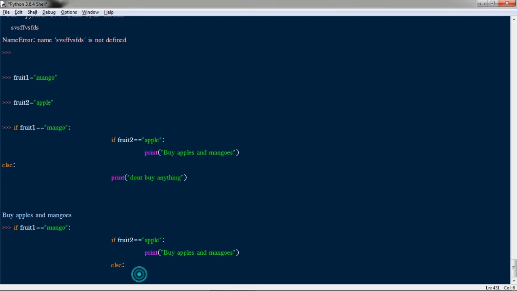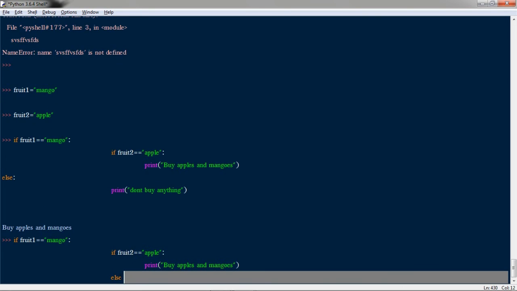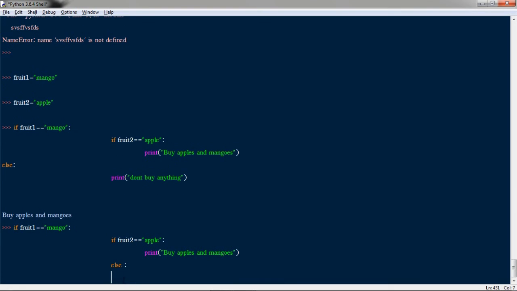If I had written it here, it would be a part of this if also, like else is a part of this if. If I had to write elif, I would have written it here. But since I have to write something for this else part, I have to give some indentation. This indentation part is very important, so just keep it in mind.